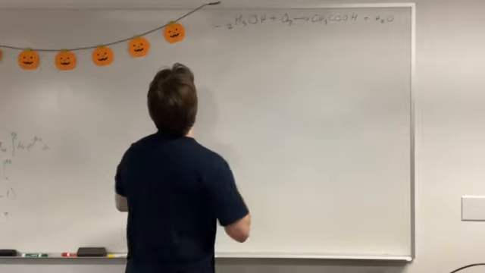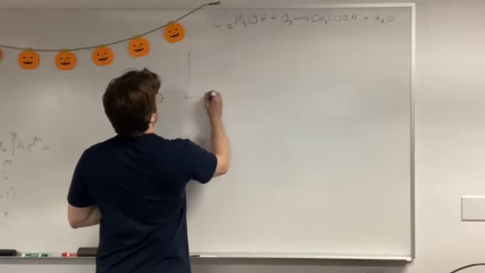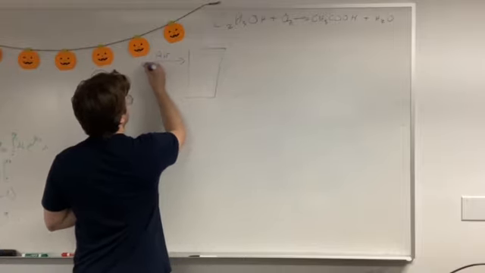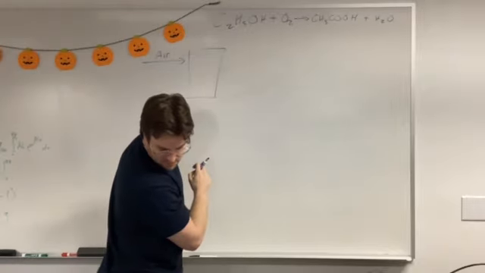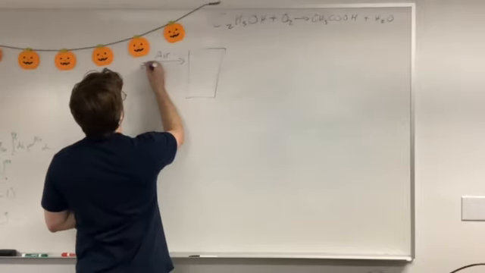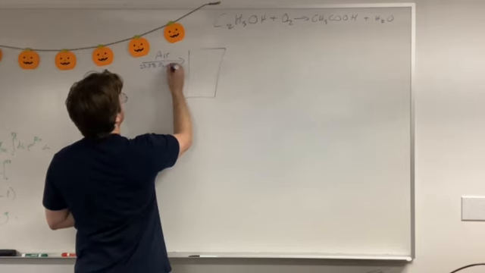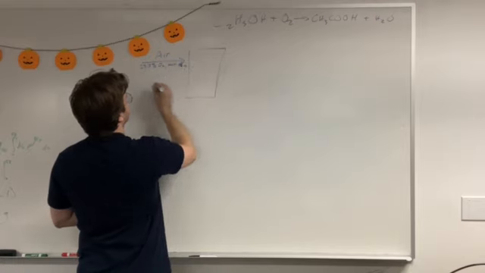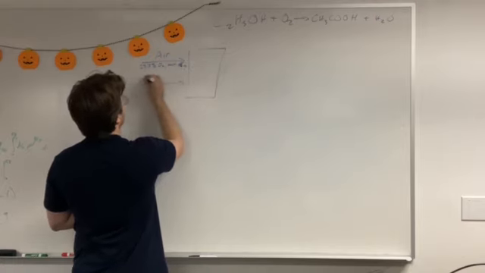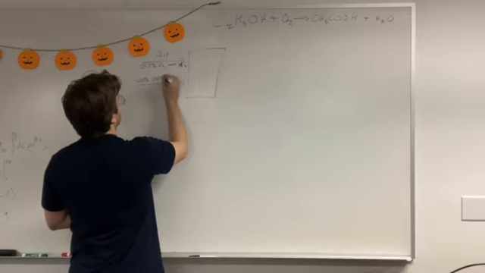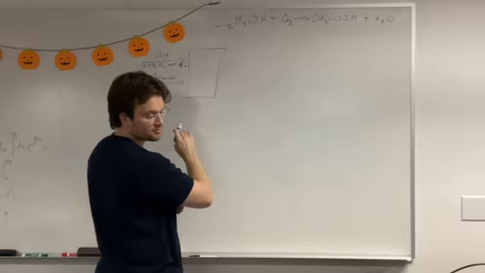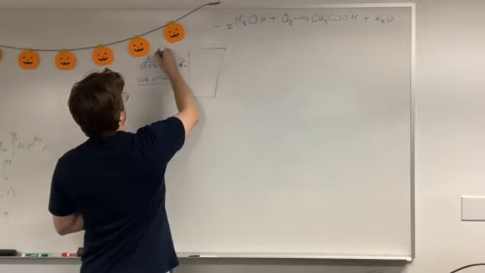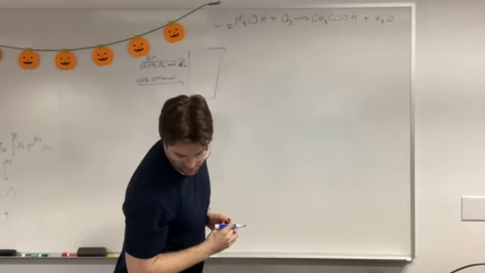So first, this is our reaction tank. We have a stream of air going in, which is 23.3% oxygen, and then the rest is nitrogen. Also, we have pure 100% ethanol going in. Also, for the air, our mass is 5.768